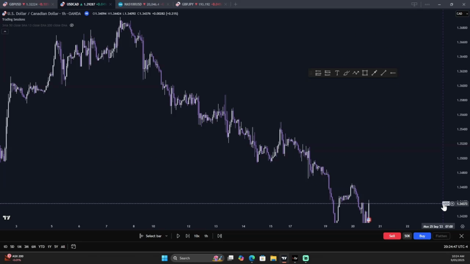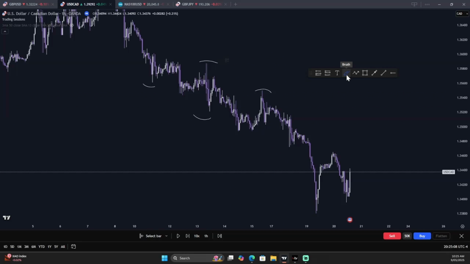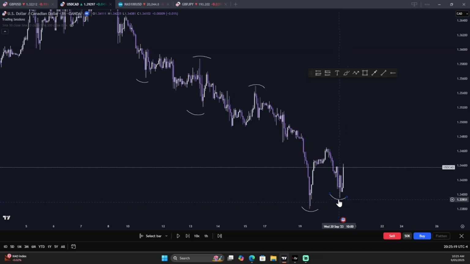So now this is an example of USD CAD on the 1 hour chart. As you can see, we are in a fairly clear downtrend, forming lower lows as well as lower highs. However, when we do reach the end of the chart, we can see that this major swing low is unbroken by this next pullback. Now, once again, this could be a minor swing low. We're not too sure yet,